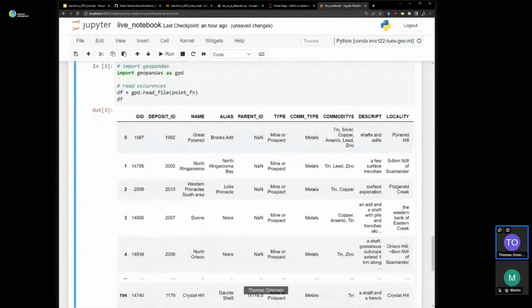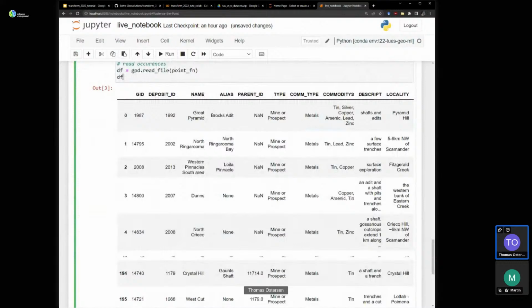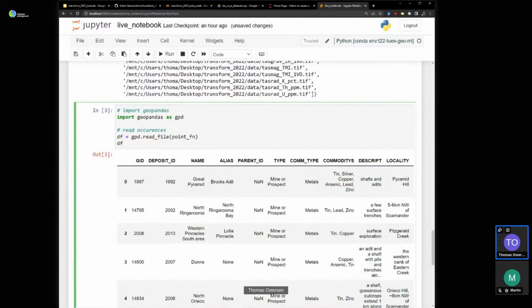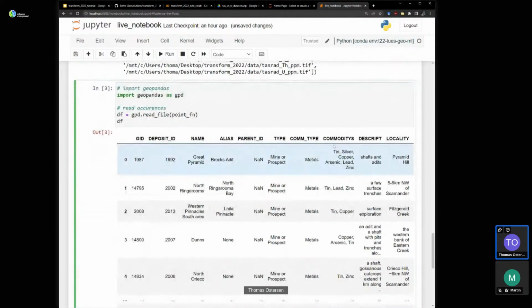Okay, so this is our mineral occurrence data set. This is taken from the Mineral Resources Tasmania mineral occurrence compilation. And what I've done is I've pre-filtered it to make sure that we have only occurrences that have tin in the commodities column.